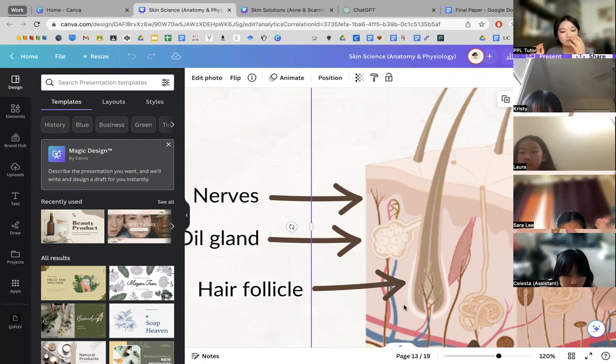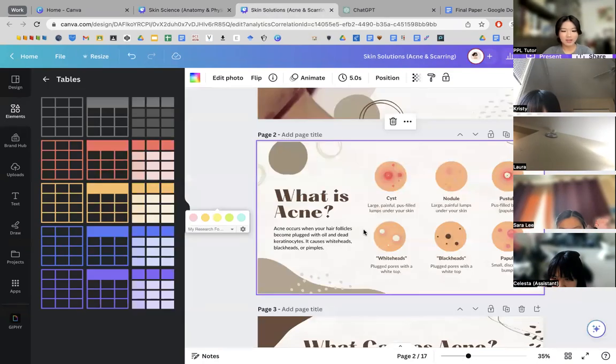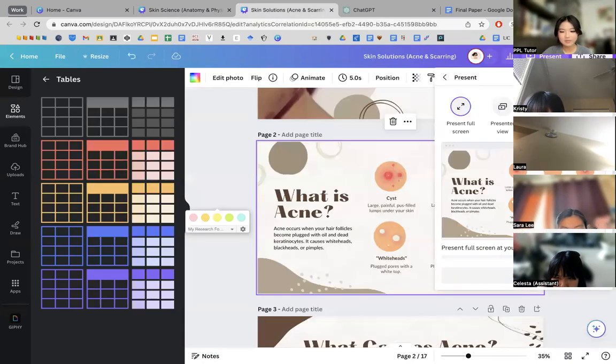A common misconception is that a pimple will form within hours of eating something that you shouldn't be eating. Like, if you drink bubble tea, you're gonna get acne in the next couple hours. That's simply not true. It takes months for a single pimple to form. But eating certain foods that could exacerbate your condition will speed up the process of some pre-existing pimple that was going to happen anyways. So that's just something interesting. Okay, let's go on.